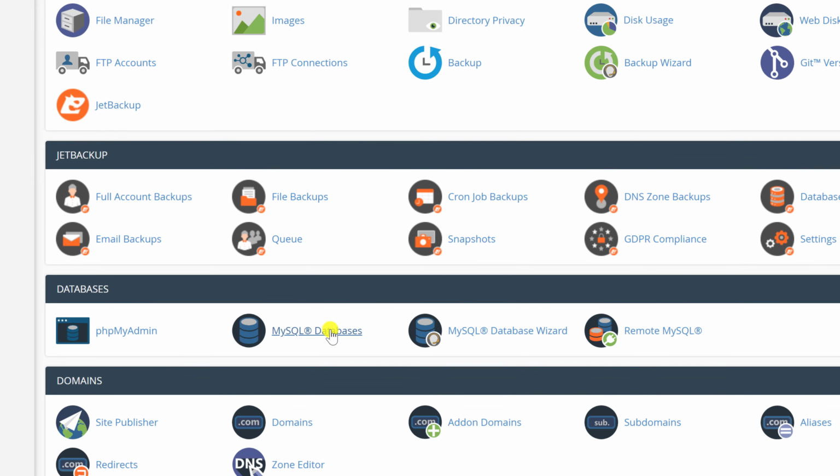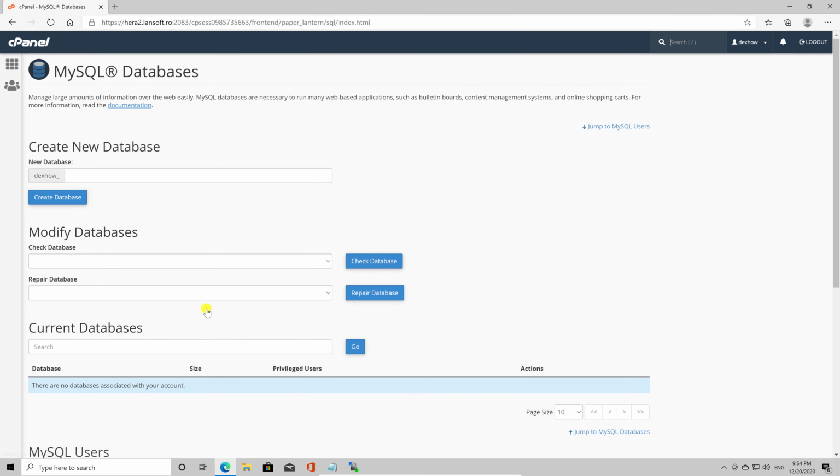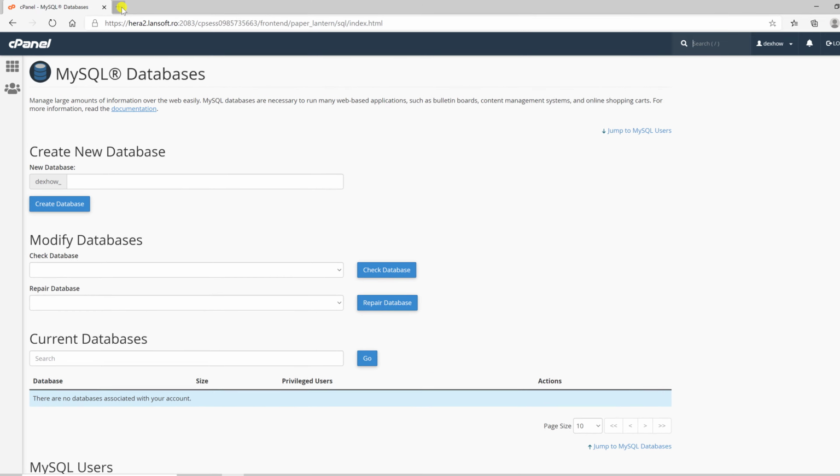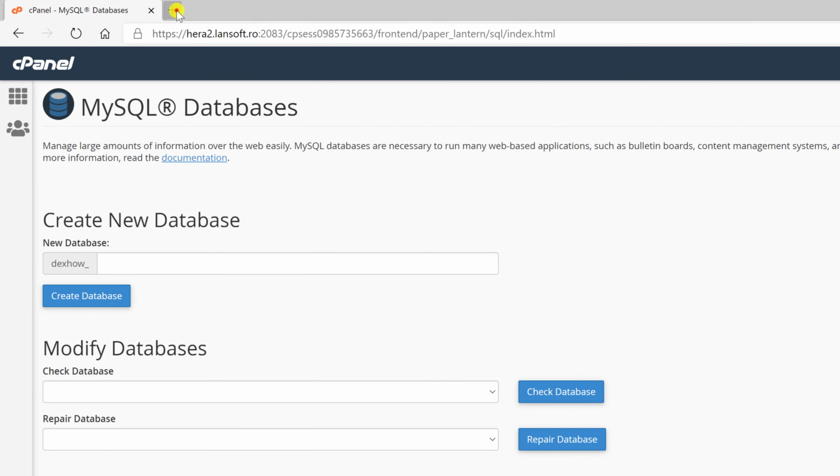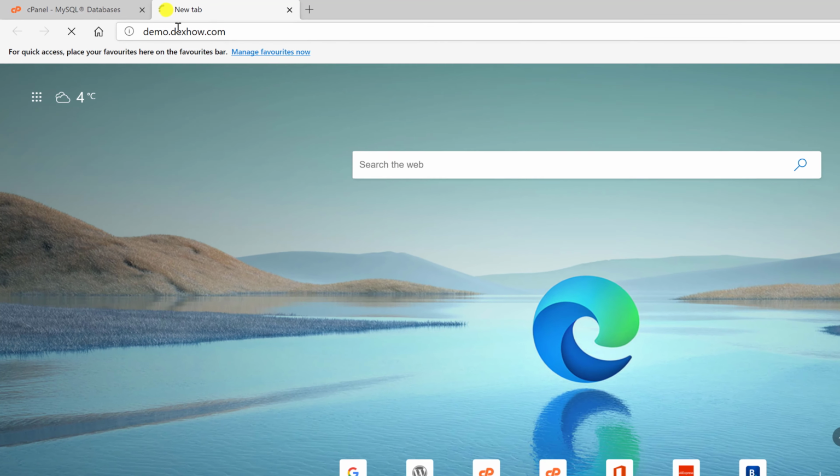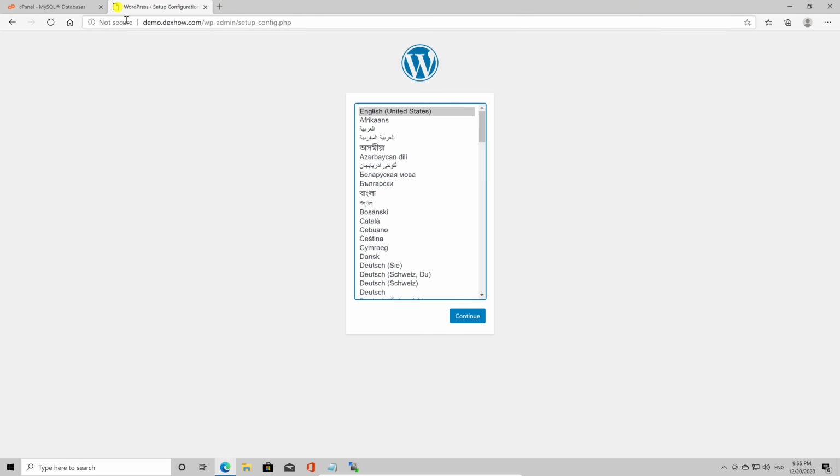Now, before we proceed with the creation of the database, to be sure we have uploaded the files where we need them, we will open another tab on the browser. On the browser, write the domain where you wanted to upload WordPress and hit Enter. If you added the files in the correct directory and removed the index.html file, you should see something like this. If you do not see this, it means you have not added the files correctly. You can leave me a message in the comments section with the error or any problems you have.